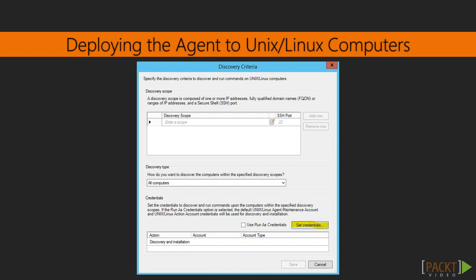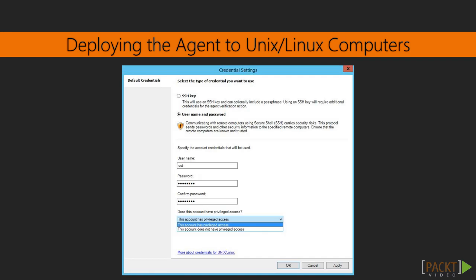If you don't want to provide a root account here and you want to use an SSH key authentication, you can do that. But when I click Set Credentials, these are the credentials that will be used to discover and run commands on the computers within my discovery scope. So if I click Set Credentials, or you can say Use a Run As credential, you can configure the credentials for your discovery. And you can choose the SSH key, or you can use a username and password. If you choose to use the username and password, which I'm going to do, and I'm going to use the root account